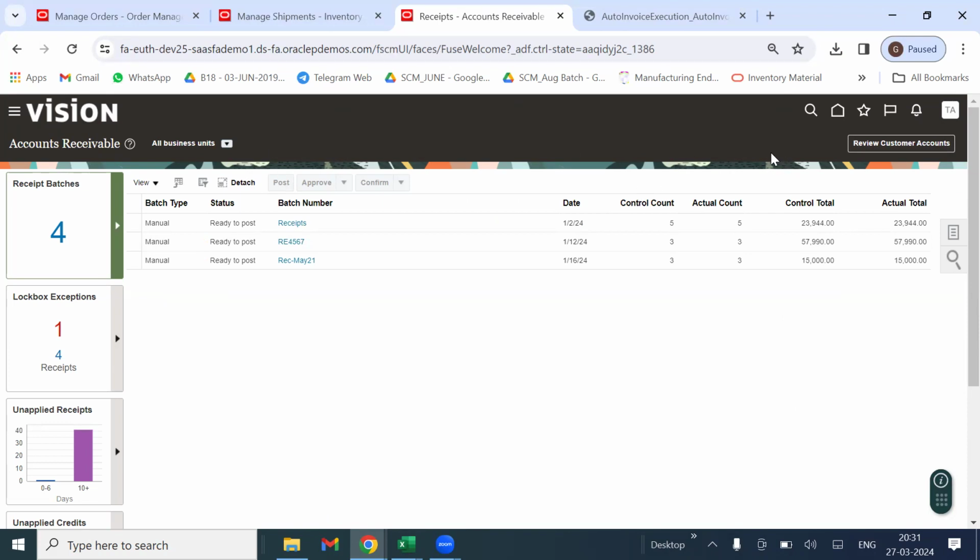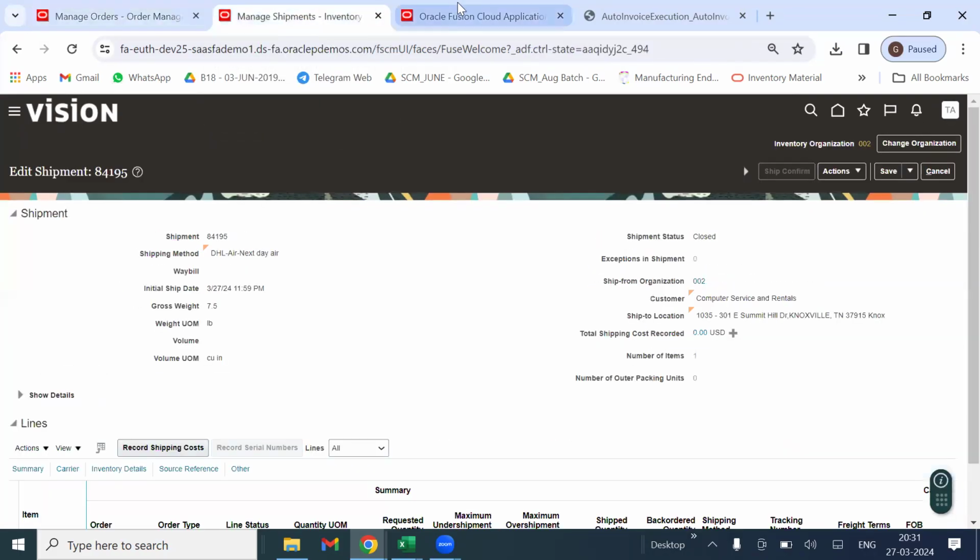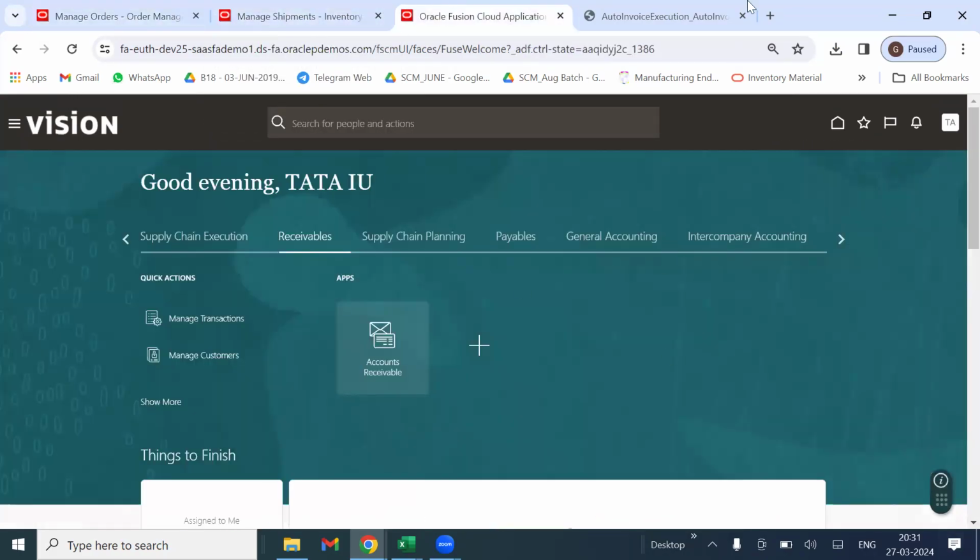What we need to do is tomorrow we can do some different types of transactions. Okay, sir. Any doubts? Sir, the access